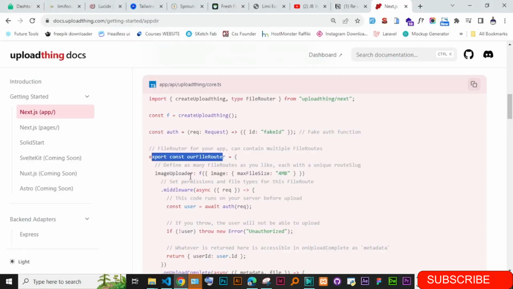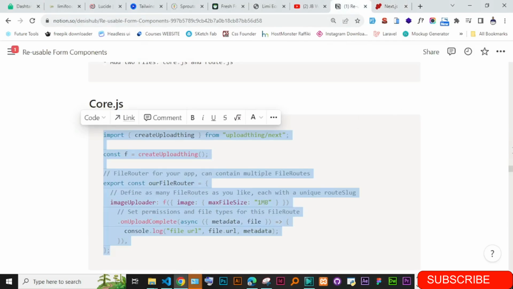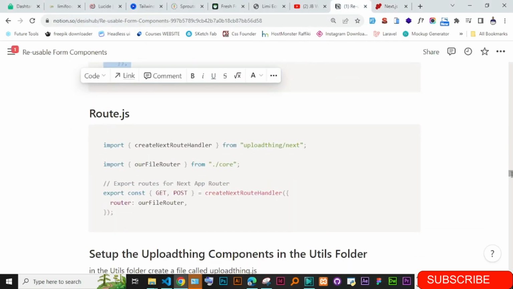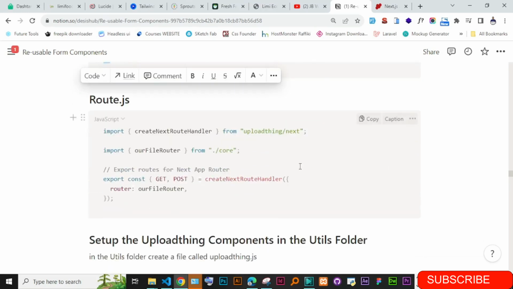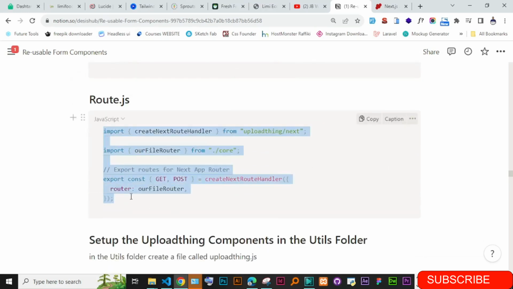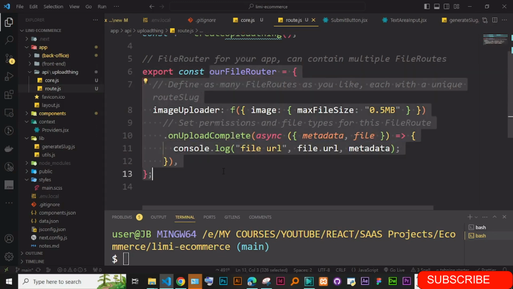Okay, after finishing that, just continue. You can just see here in the documentation we have another one, which is the router, the route.js. So you can just come here, in the route.js, simply add this. So we have route here, and simply is making use in the route. We just simply make use of this file router. So just in the route,